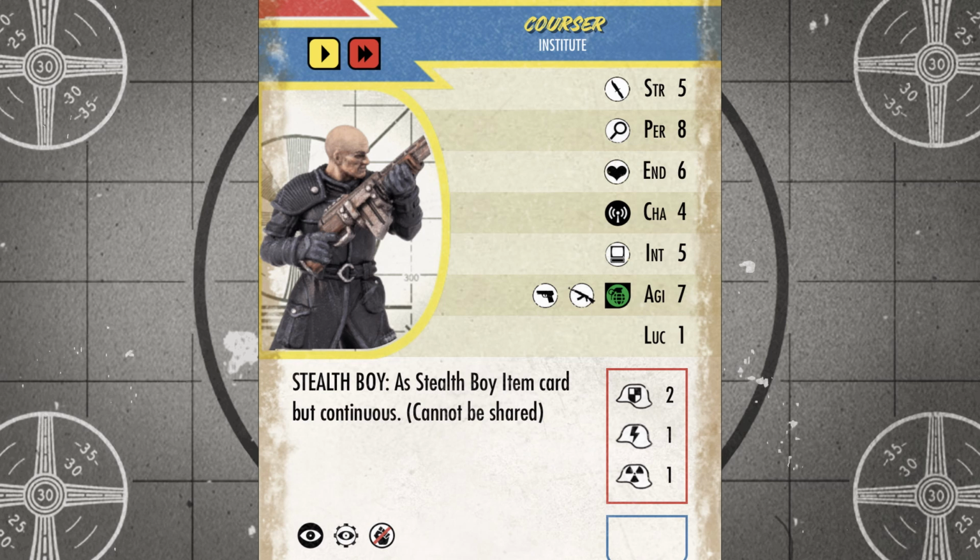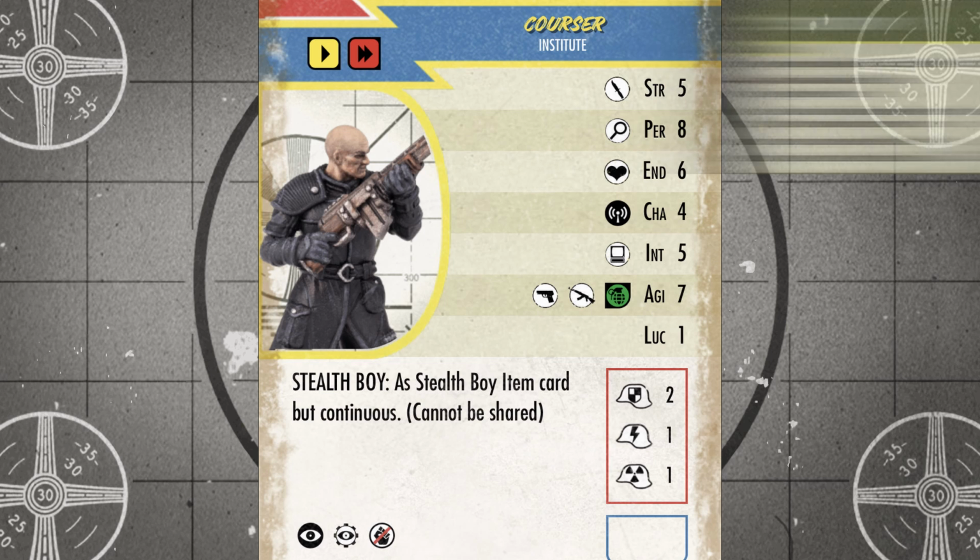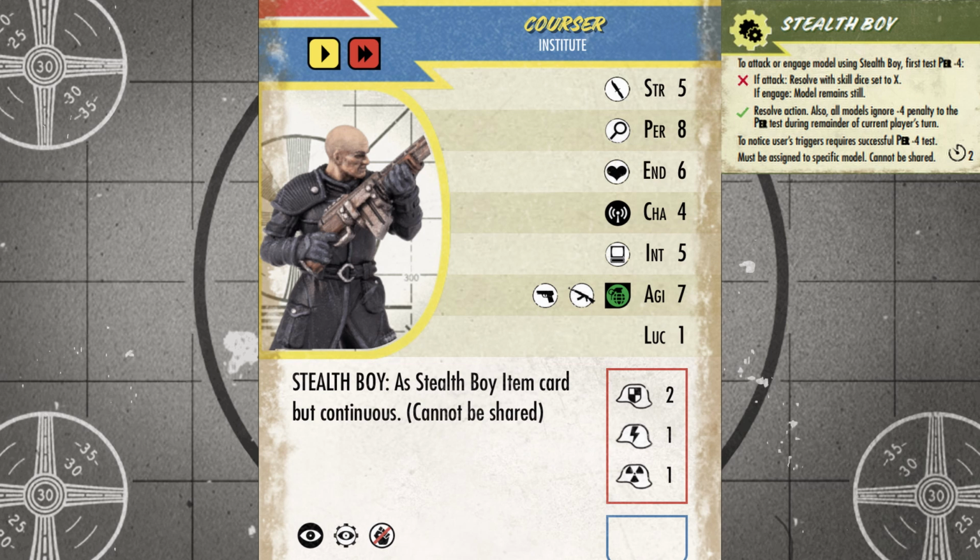They're tied as the best shooters in the entire faction with an agility of 7, and they hit on 5s in melee combat. When it comes to objective skills, Coursers search on a very high perception of 8 and hack on an intelligence of 5. And while they only have 6 hit points total, they are insanely hard to kill thanks to their Stealth Boy ability. Now, normally a Stealth Boy is only active for 2 turns, but Coursers come equipped with a Stealth Boy